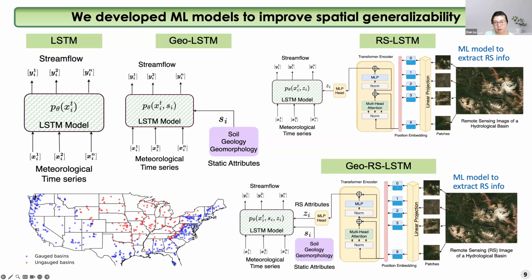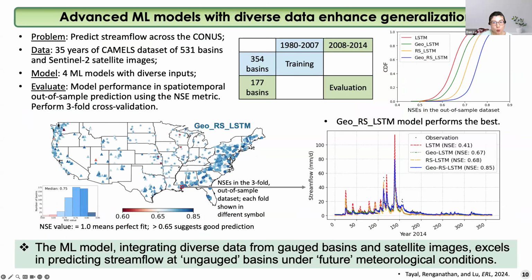We applied all these 4 machine learning models to predict the streamflow across the CONUS, demonstrating and investigating their ability to address the challenges of the ungauged basins. In the study, we used the CAMELS dataset for the model training and the evaluation, and employed the 3-fold cross-validation to assess the spatial and temporal out-of-sample prediction performance. The results indicate that machine learning models integrating the diverse data from the gauged basins and the satellite images outperform the other approaches in predicting the streamflow at ungauged basins,